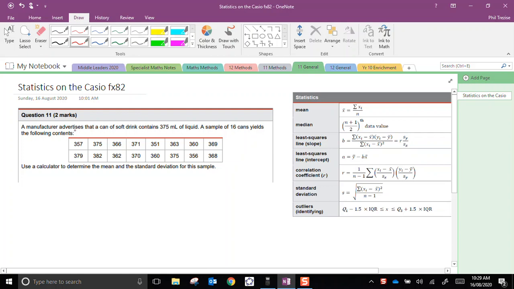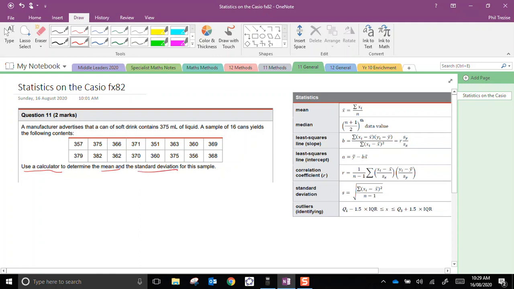We say the manufacturer advertises cans of soft drink contain 375 mils of liquid. A sample of 16 cans gave the following different results. So each of these numbers represents the volume of soft drink in one of the cans that was measured. And you can see they're not all the same. We have to use our calculator, that's important. They're telling us we're allowed to use technology, and we must find the mean and the standard deviation for this